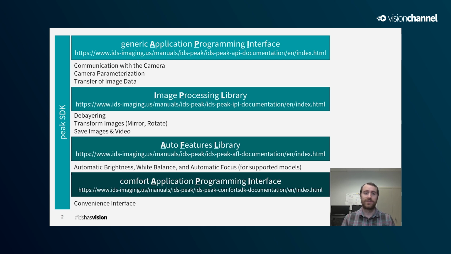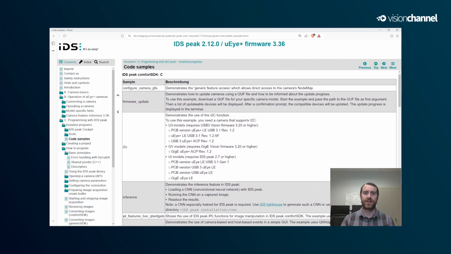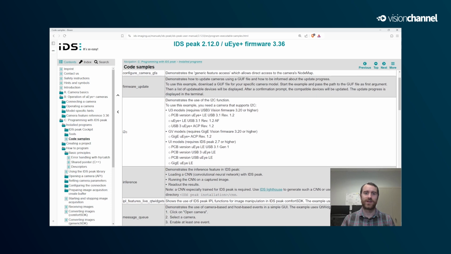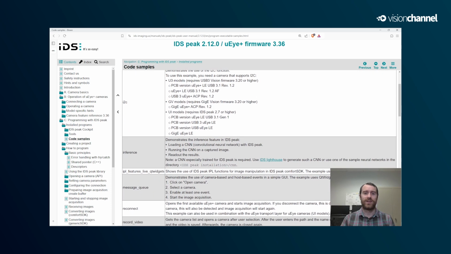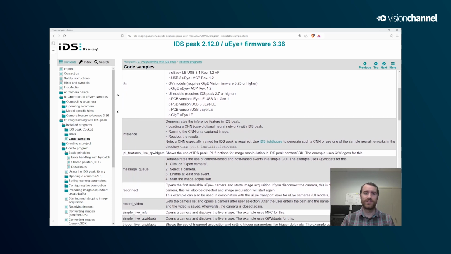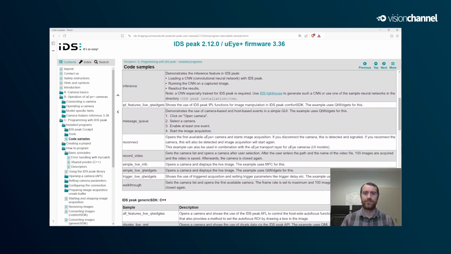Of course, sometimes you want to skip all this initial work, and the API has that option for you as well through the example source code. You'll find code samples within the install directory that address general operation of the camera as well as demo specific functionality. And a description of each is found in the code samples page of the manual.